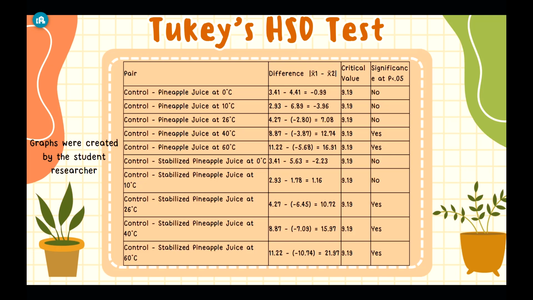These findings suggest that temperatures near the optimal range of bromelain, 50 to 60 degrees Celsius, significantly increased bromelain hydrolysis. Additionally, the stabilization of pineapple juice could have increased the efficiency of bromelain hydrolysis, with a significant difference at 26 degrees Celsius for the film strips exposed to stabilized pineapple juice.